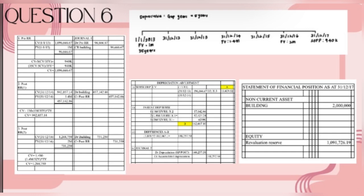Add all the amounts, and then we will get 162,067.10. Between subsea and parent, we need to find the differences. After finding the differences, we will get 148,257.58. This amount we will record on the journal entry, which is debit depreciation, which is retained profit post, RP post, and credit accumulated depreciation, with the amount